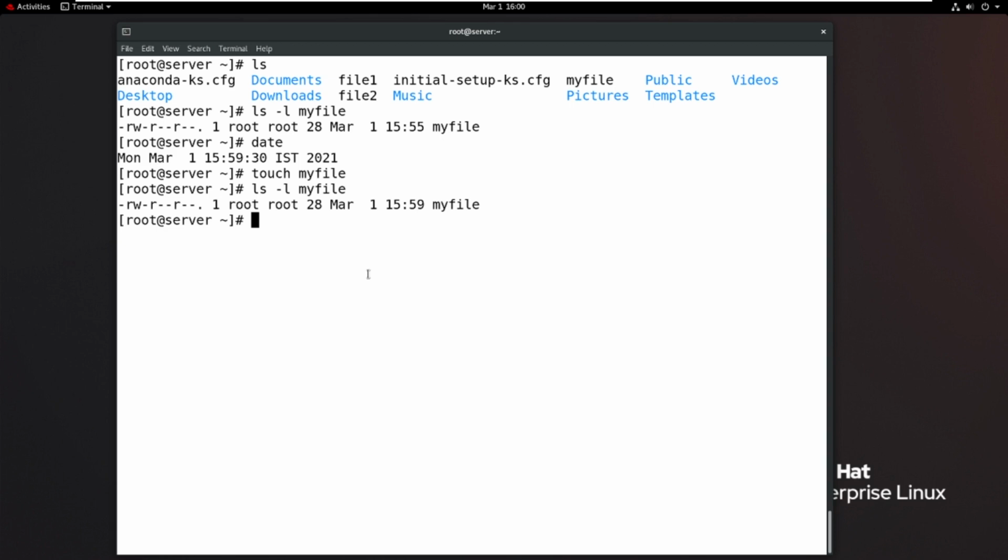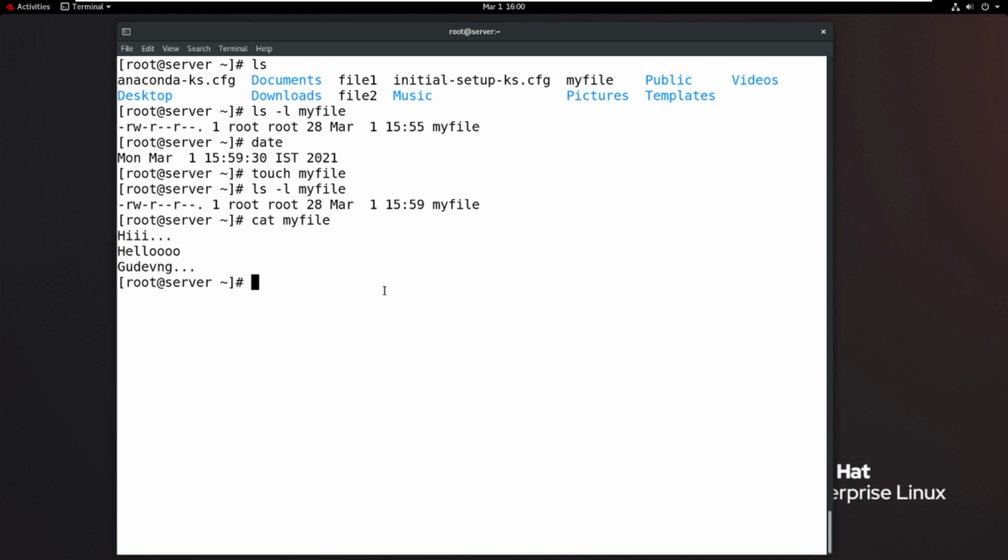So touch is used to change file timestamps only, but it does not affect the content. It affects only the timestamp. So now if I open the content of myfile, the content is the same, but only the timestamp was changed. Okay, that is the use of the touch command.